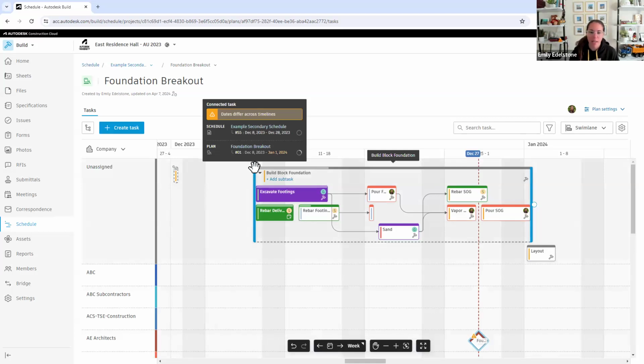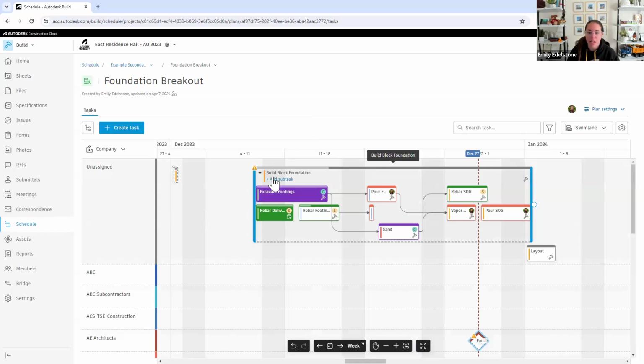So this one, my plan that's associated, that breakout is longer than the duration that I have in that master schedule. Inside of this here, the build block foundation is my master schedule item. And then beneath that I have that breakout schedule that I'm putting together. So I can put that together just on my own,